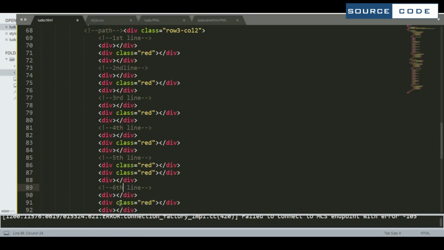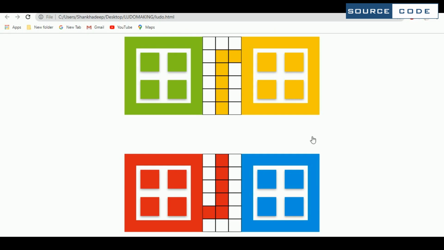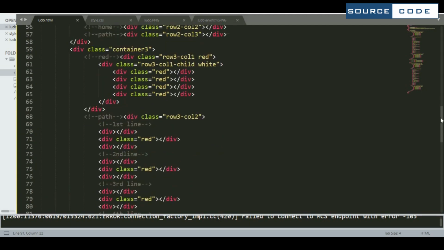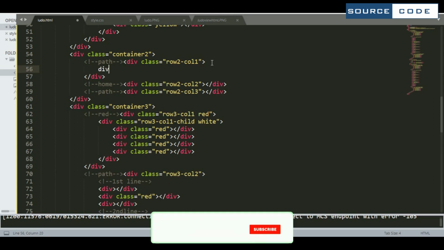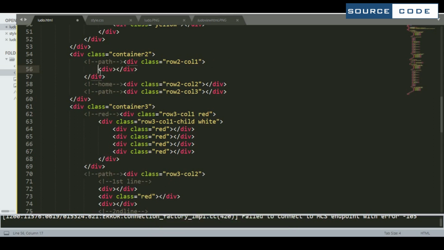So normally we don't have any class here, that is the normal three white only. So here we have got our boxes. So now we have to set it for these two sides, that is the container two part. So this is our path one. So I am taking a div. So this is going to be our first line here.